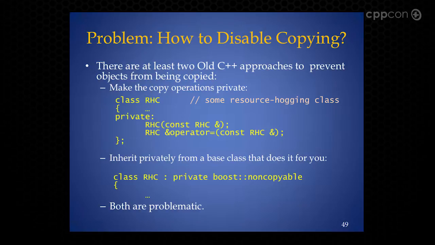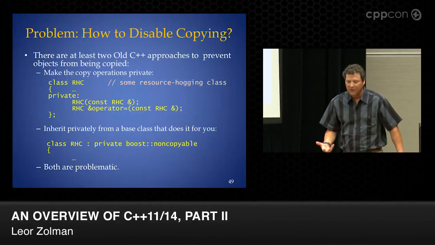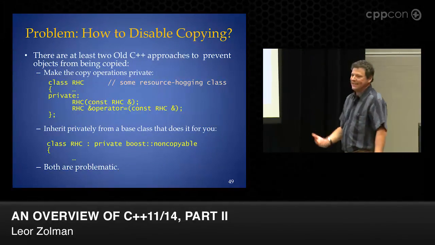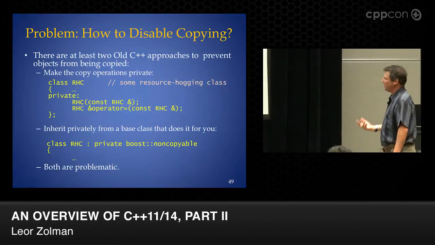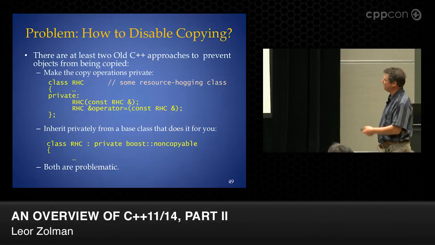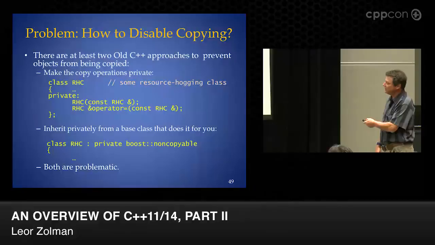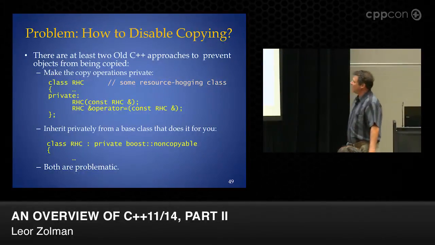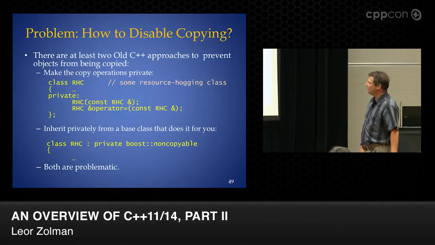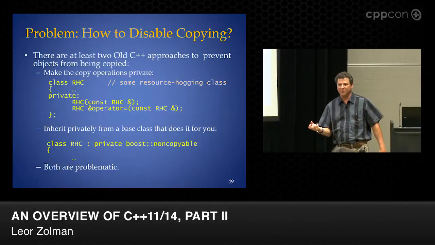Historically in C++, what you had to do in order to prevent a type from being copyable was not ideal. There were really two approaches. The universal approach, one that doesn't require some additional library support, is to declare the copy operations, right? Copy constructor, copy assignment, private. That would prevent an RHC object from being copied, and it would be prevented at compile time for most people,